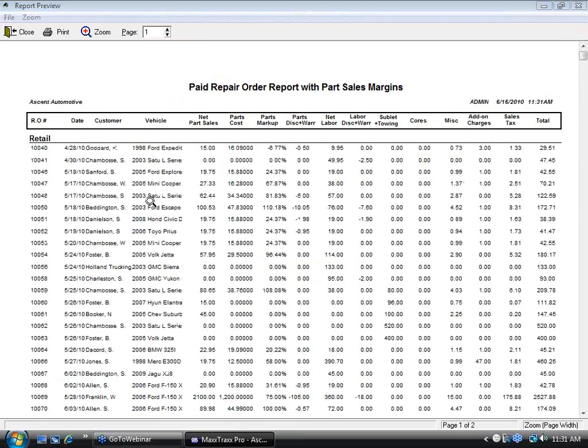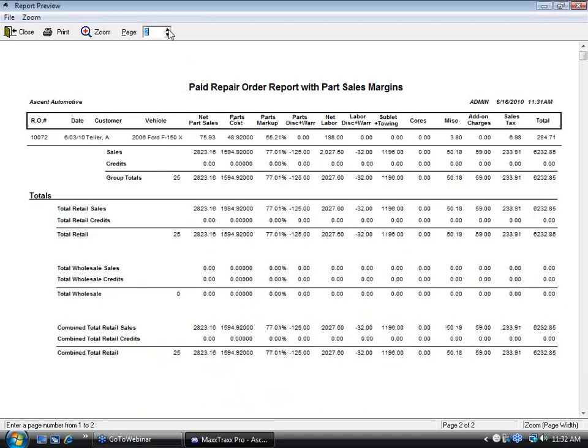It's not gospel. But what it's telling us here is this RO number, and this is the customer information about the vehicle, net parts sales and our costs, so we actually lost money on that one, net labor. This is telling me my total sales, and this is telling me my profitability. So with all this stuff thrown in together, I even have a negative profitability because I discounted this so deeply. Look at this, I'm making 100% on that one, 75% on this part here, see? So if I were to go to the end of this, it's telling me that I am looking at